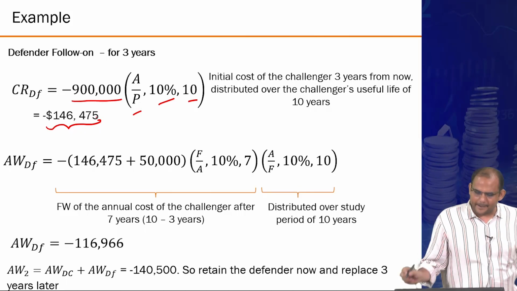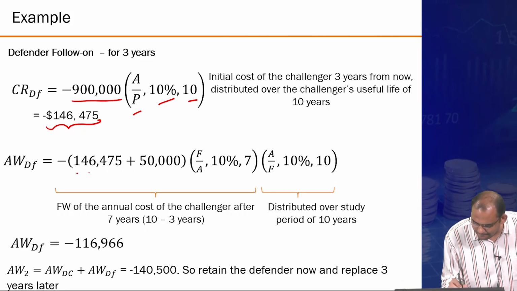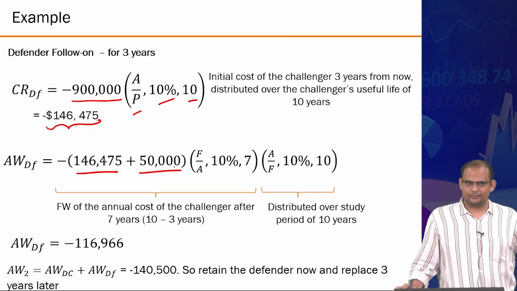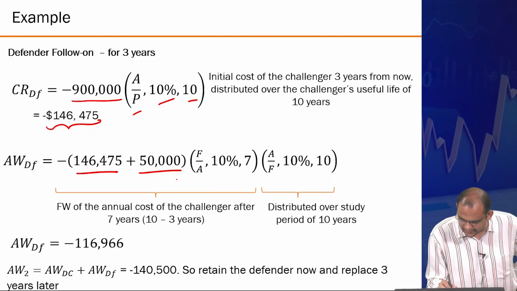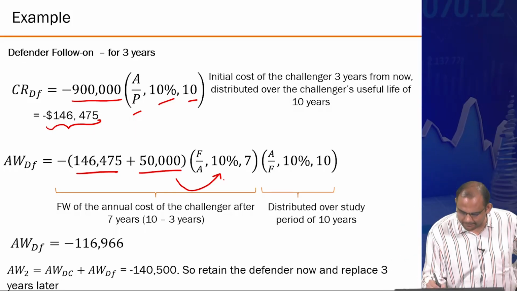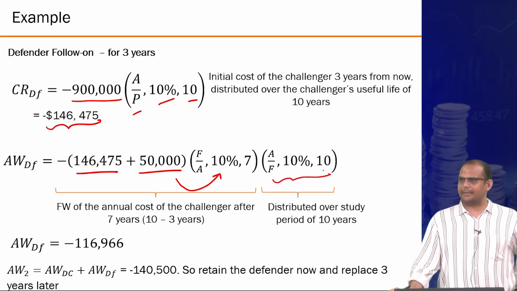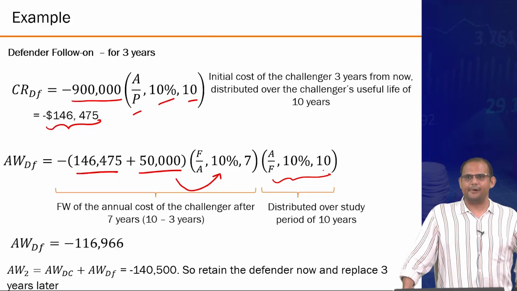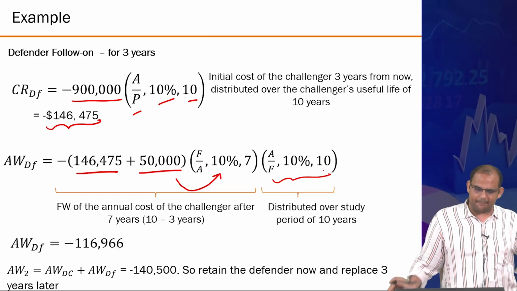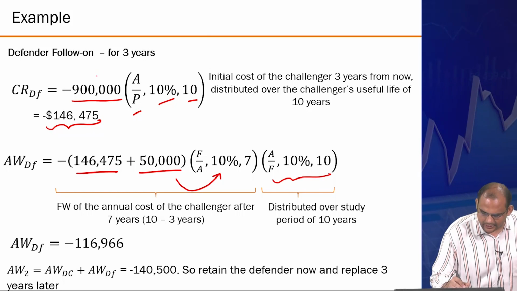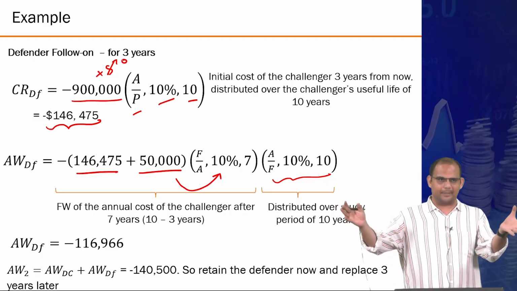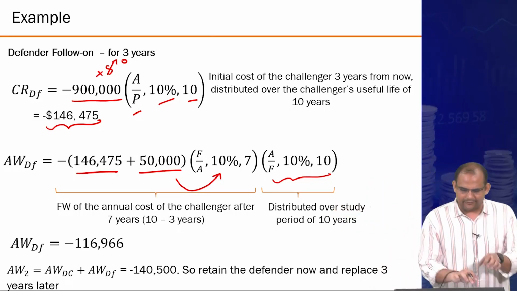Okay? Now this plus the annual operating charge, you are first taking it to the future, which is 7 years, bringing back to the 10-year period. Got the idea? Capital recovery factor, because here your salvage value was 0. So your minus original A and whatever the capital recovery value was, for 10 years period